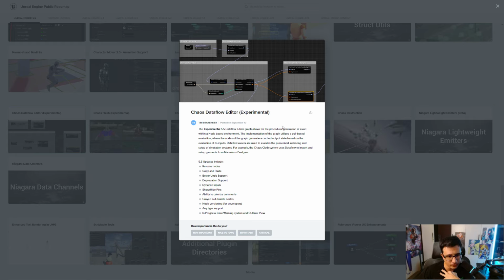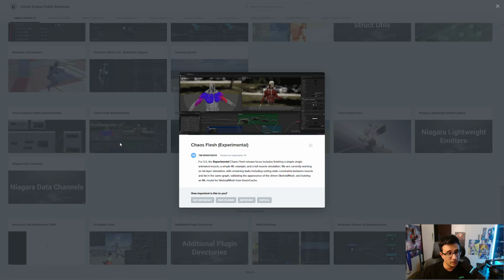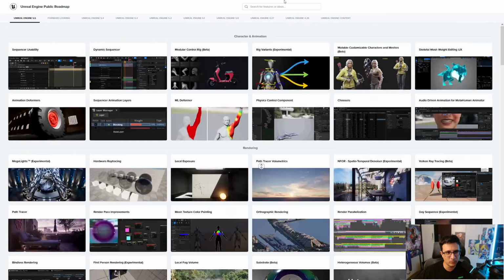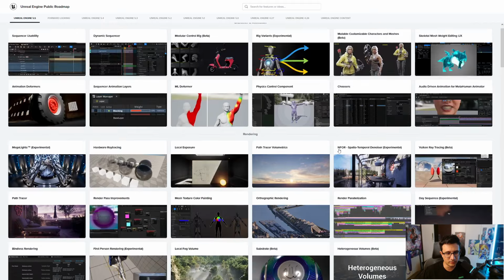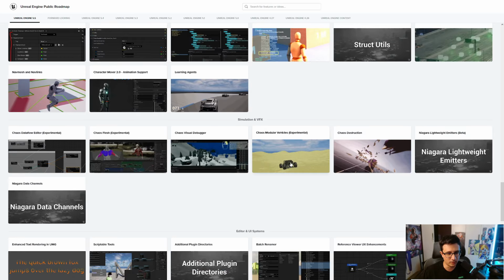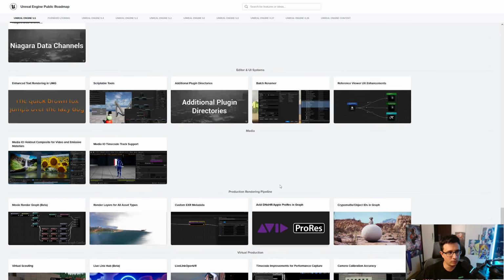Interesting. So basically you can just have an editor for the chaos. Interesting. We need to try this out. Chaos Flesh, experimental. So muscle deformation. So this is not the one we saw before. Yeah, this one is not the one. It's just for more natural transitions. I believe this one is the one we're looking for